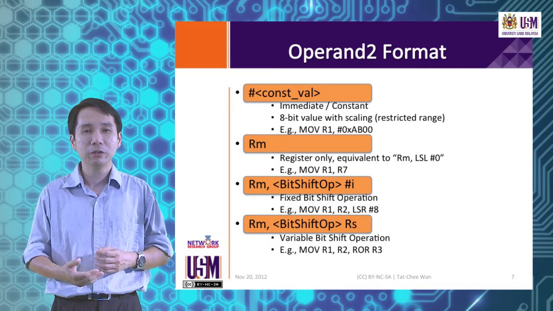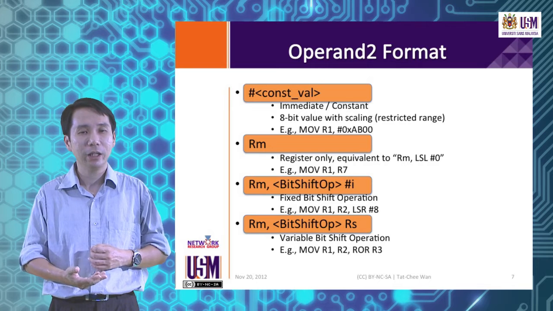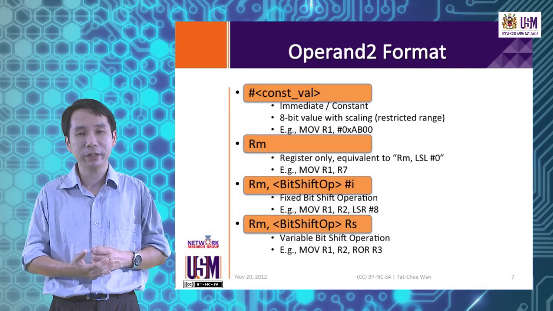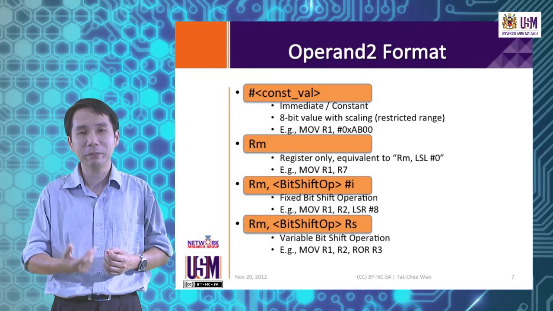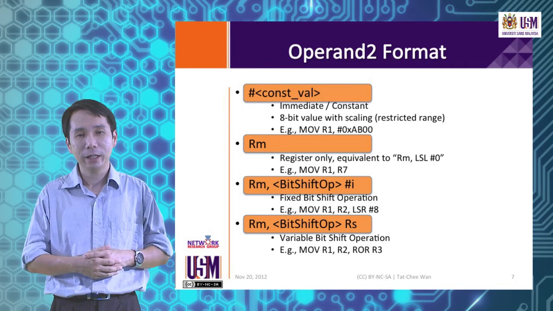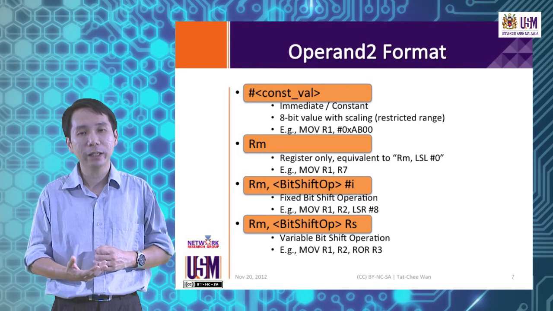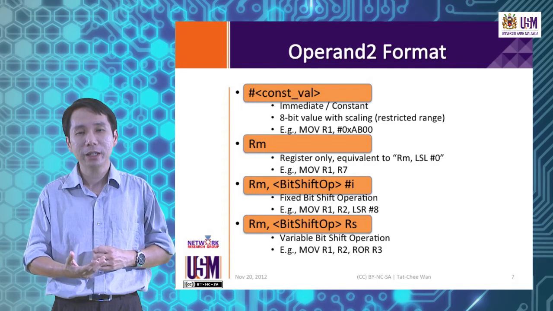The first version, which refers to a constant value, we must prefix operand 2 with a hash followed by the numeric value itself. Now this constant or immediate value has to have an 8-bit size, meaning that the start bit and the end bit must all fit within an 8-bit range. And this value actually is scaled, meaning that it doesn't have to be only 0 to 255. For example, we have MOV R1, #0xAB00, which is actually an 8-bit value shifted by 8